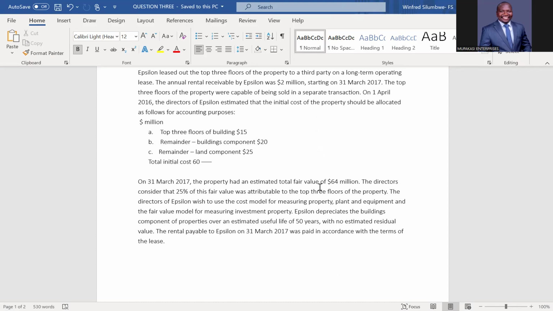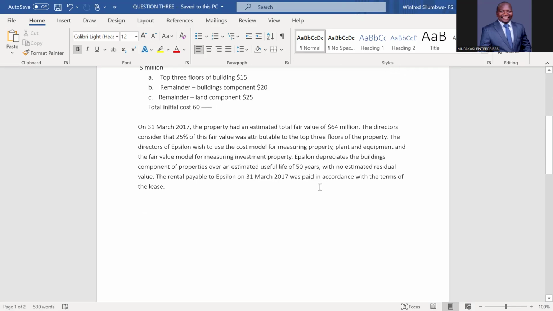The directors of Epsilon wished to use the cost model for measuring property, plant and equipment and the fair value model for measuring investment property. Epsilon depreciates the building component of the property over an estimated useful life of 50 years with no estimated residual value. The rental payable on 31st March was paid in accordance with the terms. So this question is encompassing both IAS 16 and IAS 40. So let's begin. Solution,